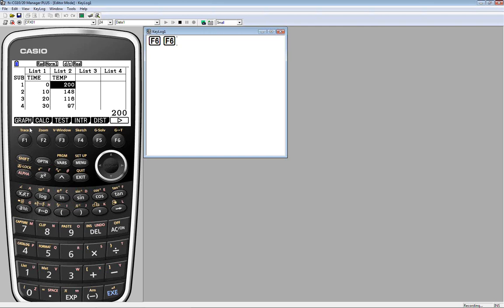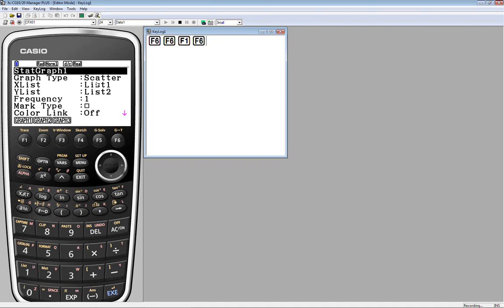To do our graphing, the tab above F1 says graph, so we're going to push F1. Here's something I said last time I'd really like to reinforce. You can immediately push one of the soft keys corresponding to graph 1, graph 2, graph 3 if you are sure that it is set up just the way you want it. Otherwise, the safe way to do that is to go over to the Set tab. In other words, push F6 and take a look.